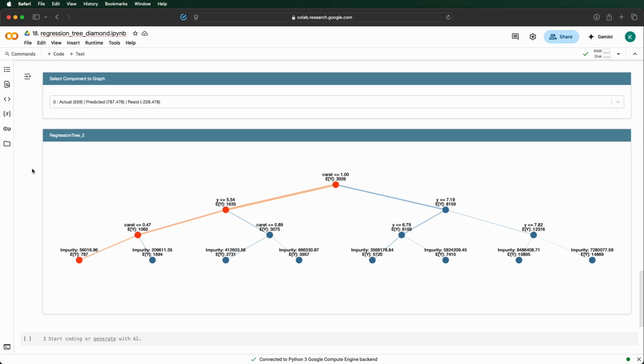This interpretability is the XAI flavor. Regression tree structure lets us trace every decision, from root to leaf, understanding why a diamond's price lands where it does. To wrap this up, we've taken the diamonds dataset, a glittering collection of